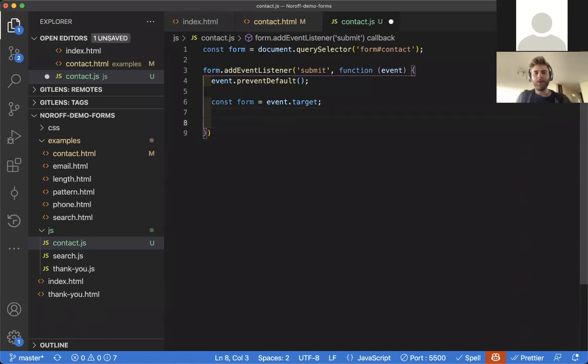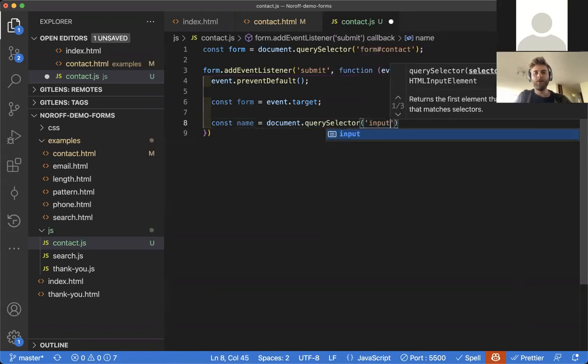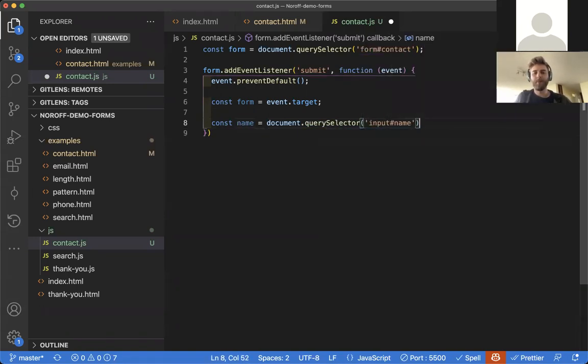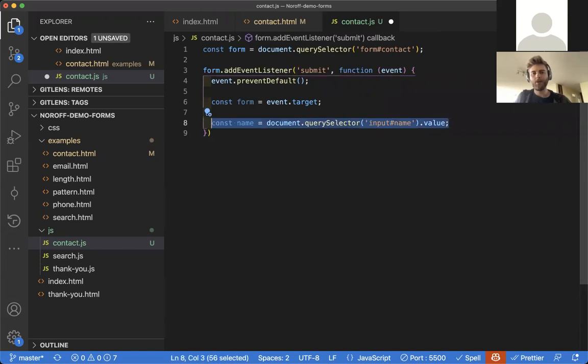So what can we do with this? Well, a lot of people will do, the next step will be something like this: name equals document.querySelector input ID name. Or even better, dot value. So this works, but this is ignoring all of the tools and all of the utilities that have been provided to you by the event object. So instead of doing this, we can actually just do something like this: